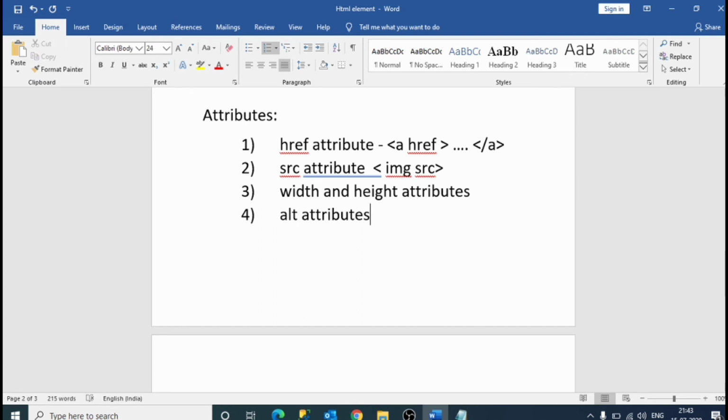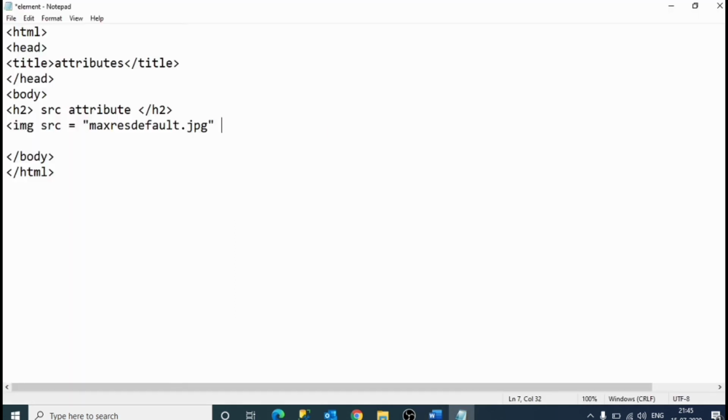Now we will see the alt attribute. What is the alt attribute? The required alt attribute for the image tag specifies alternate text for an image. Now we will see an example of the alt attribute. Give a name. So alt, by using alt, subscribe to my channel.